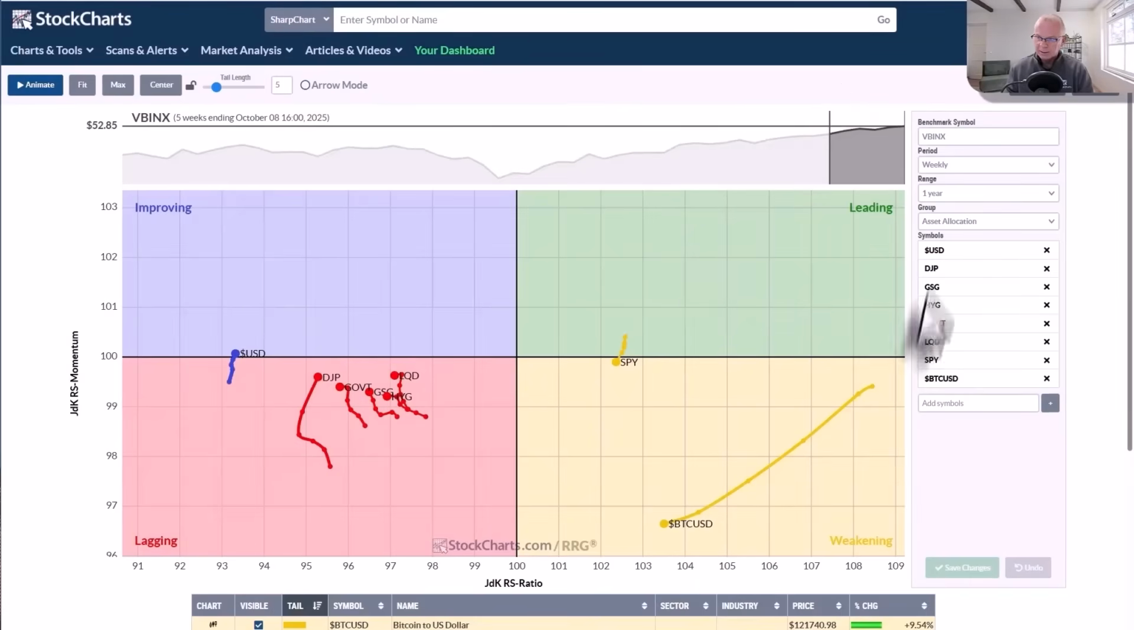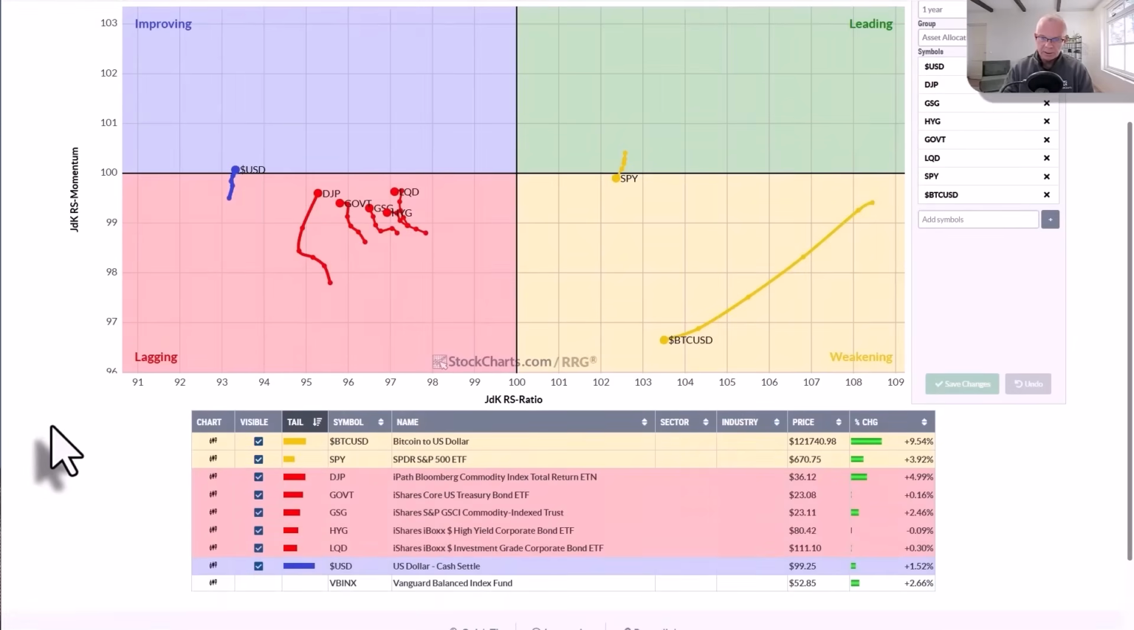This is the weekly one, it's predefined on the RRG page called asset allocation. And as a quick reminder, what I use in this universe, in this group, is Bitcoin as a proxy for cryptocurrencies. SPY, that's obviously stocks. Then we have DJP and GSG, which are two ETFs that track the commodity markets. We've got GOVT, which is the aggregate for the US Treasury bond market,